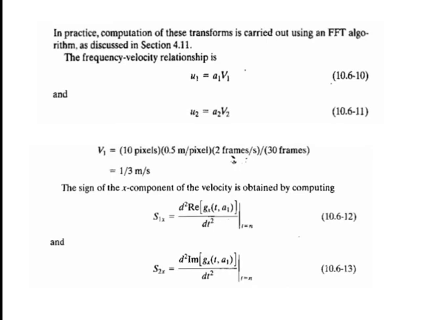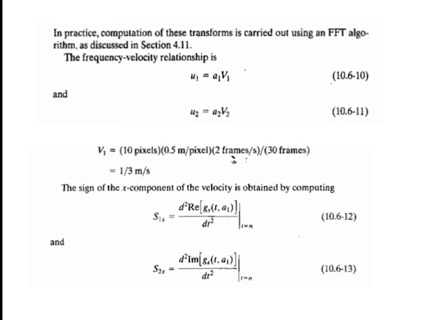In this formulation, the unit of velocity is pixels per total frame time. For example, v1 is equal to 10 is interpreted as a motion of 10 pixels in k frames. For frames that are taken uniformly, the actual physical speed depends on the frame rate and the distance between the pixels. Thus, if v1 is equal to 10, k is equal to 30, the frame rate is 2 images per second, and the distance between pixels is 0.5 meter, then the actual physical speed in the x direction is v1 is equal to 10 pixels times 0.5 m upon pixel times 2 frames per second upon 30 frames, which is equal to 1/3 meter per second.